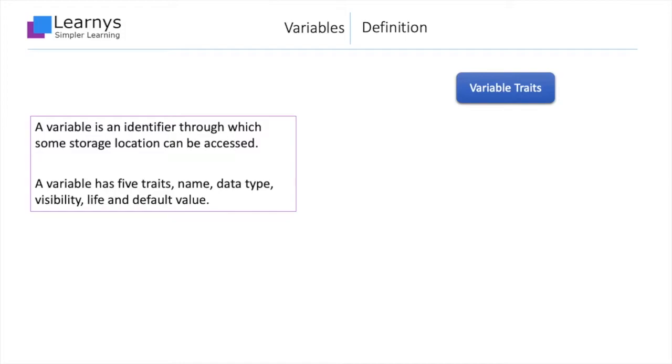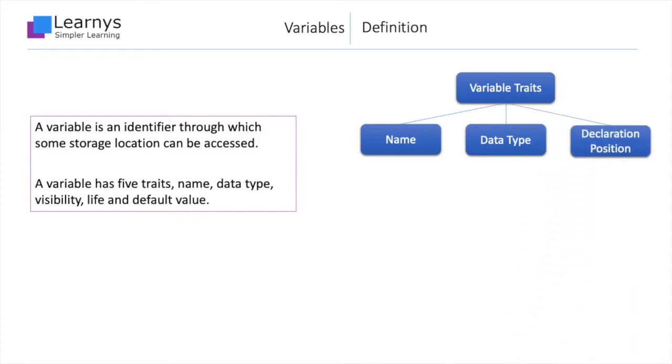The name acts as an identifier used to address some memory location. The data type is an indicator to tell the machine what type of data, integer, floating point, etc. will be stored and how much space should be given to the allocation. The position where the variable is declared, that is, the machine is told of the existence of it, directly dictates the visibility and the storage location. The storage location in turn decides the life and default value of the variables.